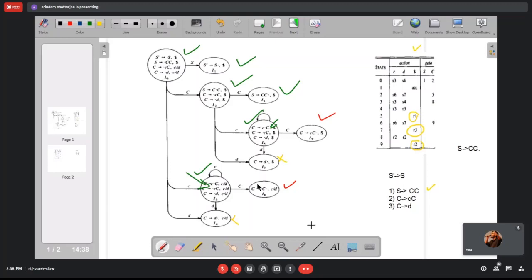Similarly, for LR1, for the same item, just because the look ahead symbol is different, you can get many states. So LR1 also has a tendency of exponential explosion. The number of states in the LR1 goto diagram would be much higher compared to LR0.